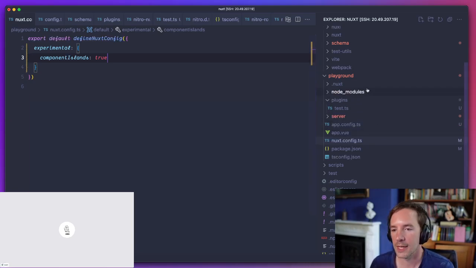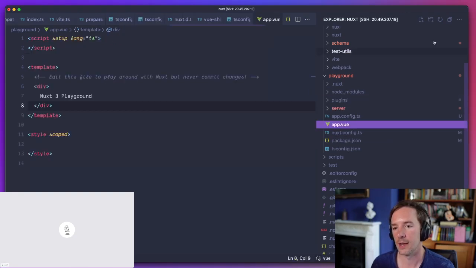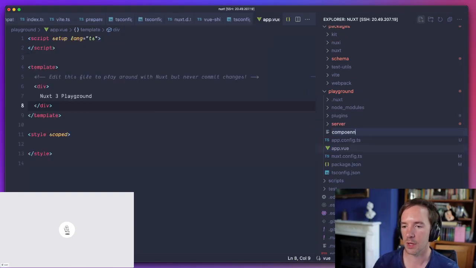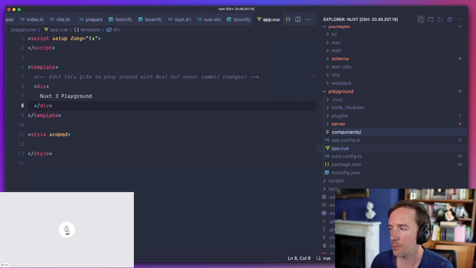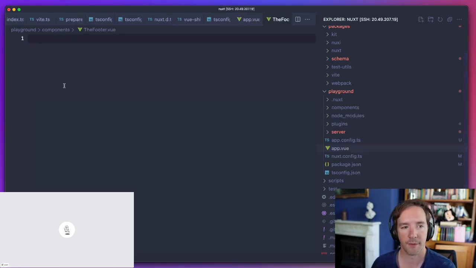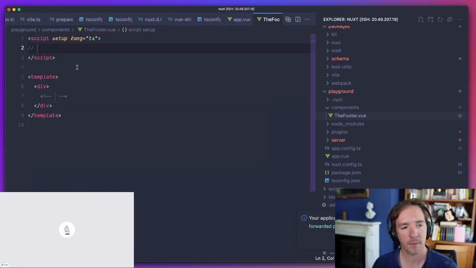So a server component is just like a normal component in Nuxt. You have this components directory, which is where you keep reusable components that are auto-imported throughout your app. And we might have one called the footer, which is very common as a component in your app.